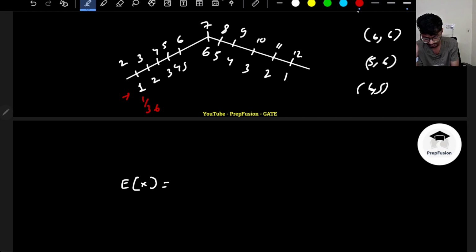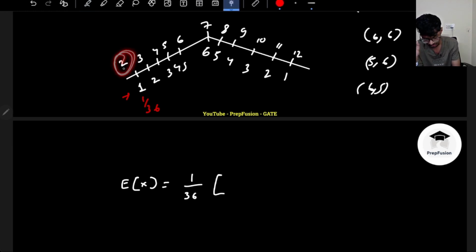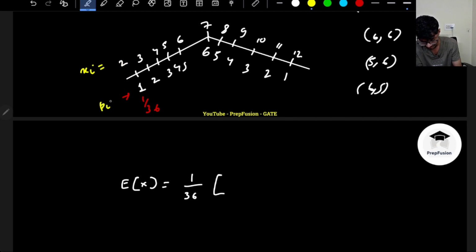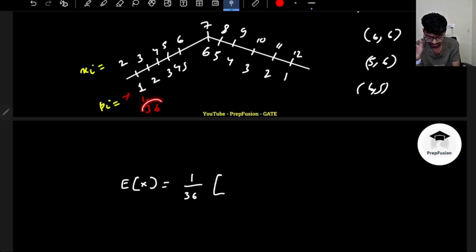So I have to multiply, everything has 1 by 36, so I can directly take out this term 1 by 36 in common. Okay, I hope you understand this point. This is my xi, and this is my pi. Pi is the favorable number of outcomes divided by the total number of sample space, that is 36. So this will come out to be 1 by 36 into